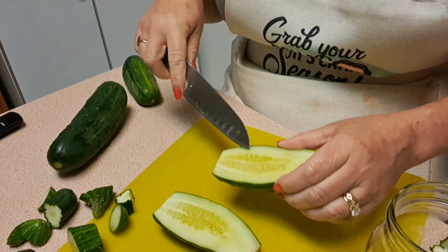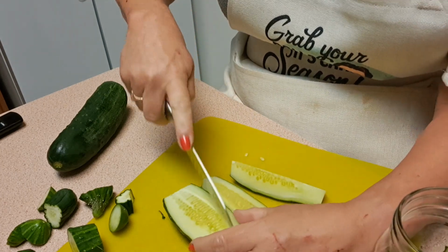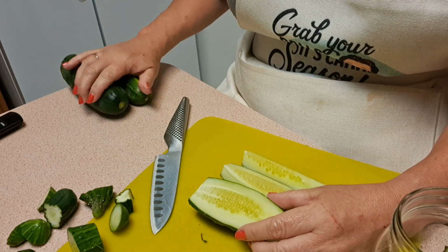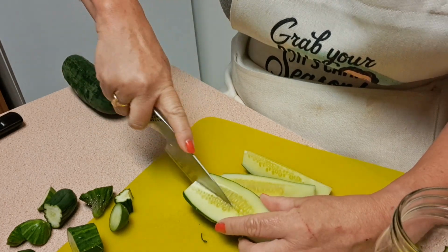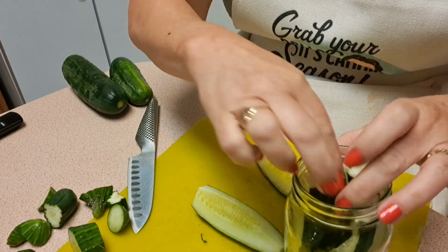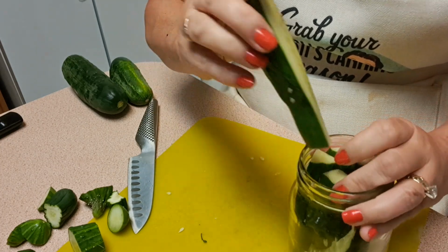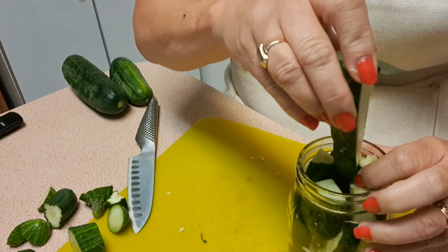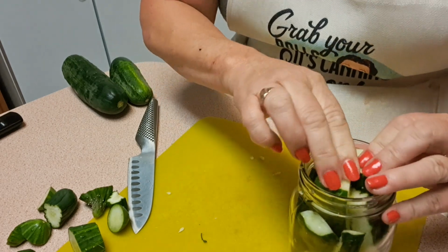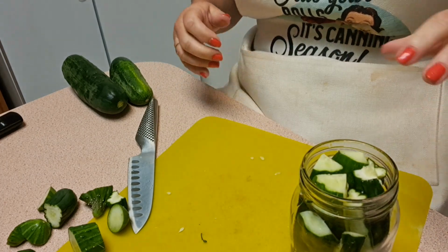Yeah, see, these are smaller seeds. So I'm wondering if these really are just pickling, and then other people have given me regular cucumbers. So I almost might not want to use these two, and that way they don't get too mushy, you know? I might start another batch of cucumbers now, but I don't think I will. I think I'll wait until Flashfood gets some cucumbers in, or I can buy them